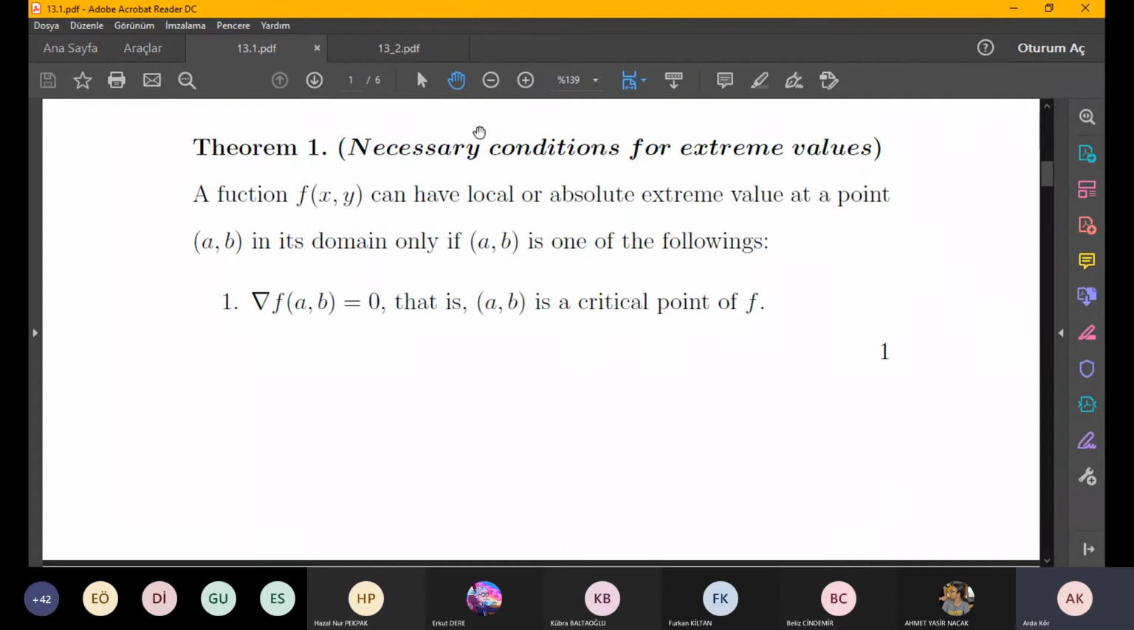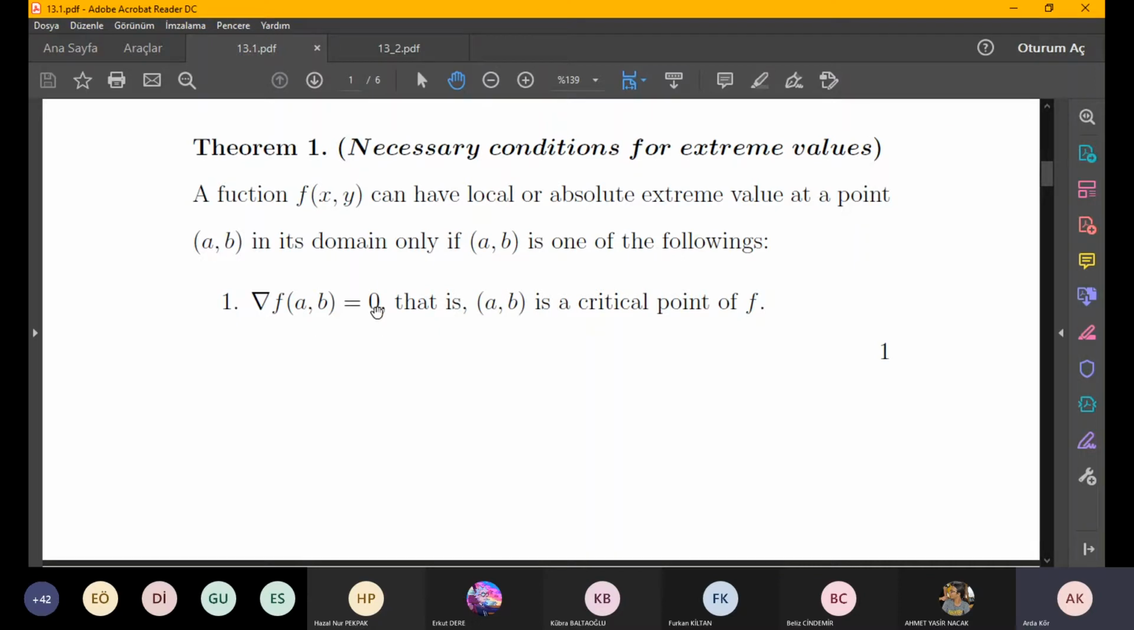Then we can continue with necessary conditions for extreme values. For functions of two variables, here we will talk about f(x,y), a function of two variables. As you can see, it can have a local or absolute extreme value at a point (a,b) in its domain if and only if (a,b) is one of the following. So it can be